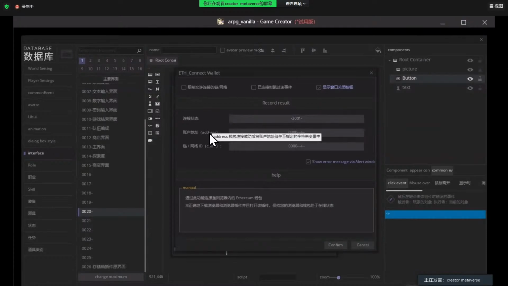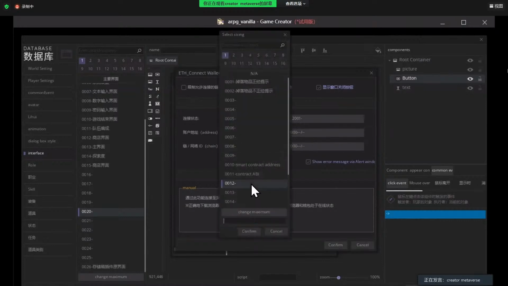The second is the address of the wallet. After a successful connection, it will write down the wallet address into the game variables. We're going to specify a new one, using number 12, this string variable, as the wallet address.